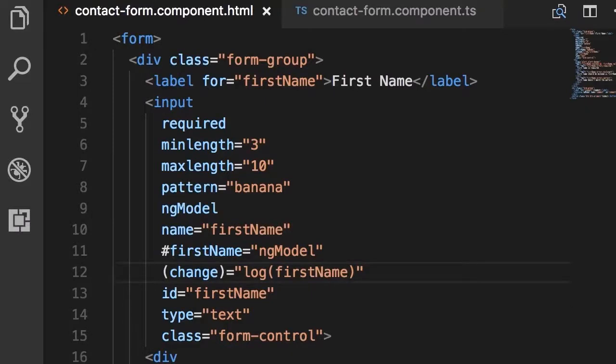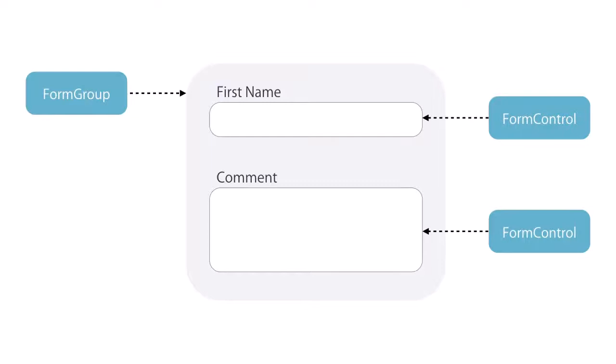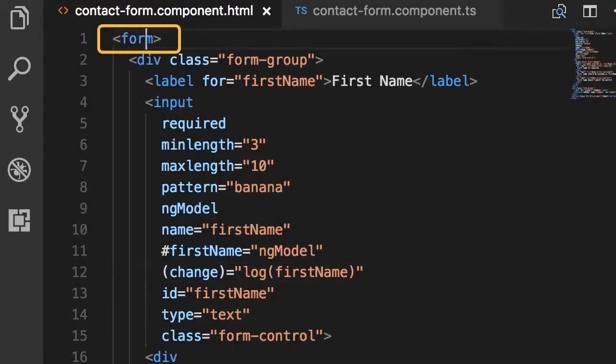So you have learned that when we apply the ng-model directive on an input field, Angular creates a form control object under the hood and associates that with this input field. You also learned that we have another class in Angular called form group. So we have form control, which represents one input field, and form group, which represents a group of form controls. Now each form is a form group because it has at least one control. Now on the top, here's the form element. Angular by default applies a directive here that is called